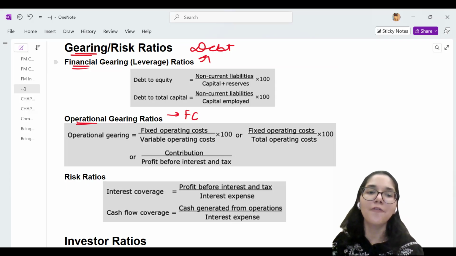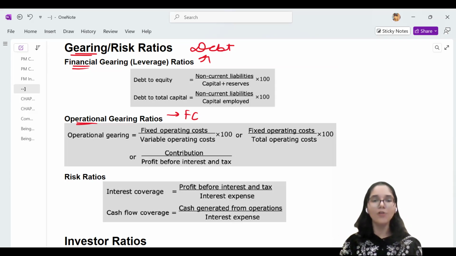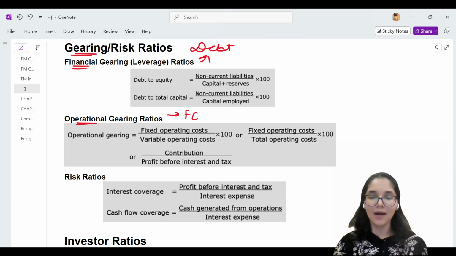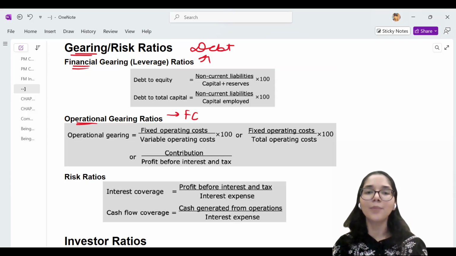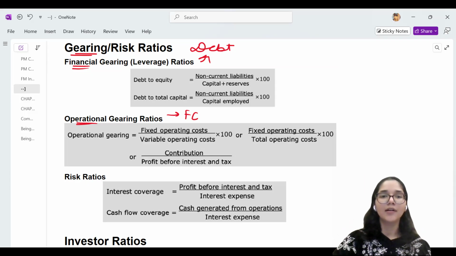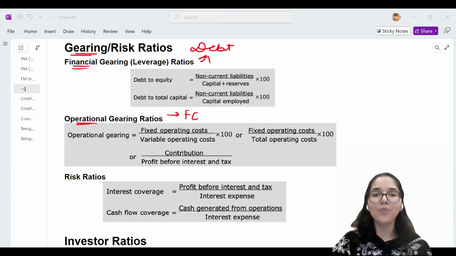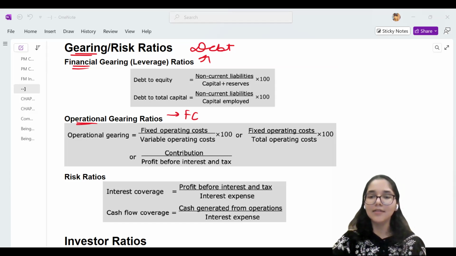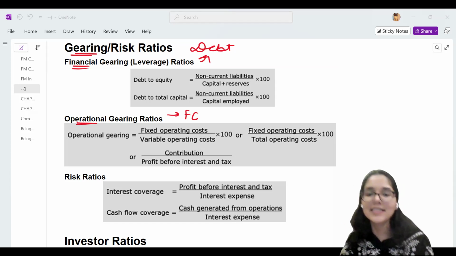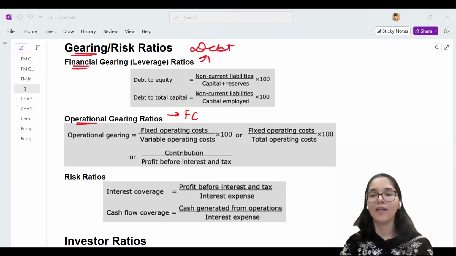Firstly, when I'm measuring the financial gearing, I am trying to find out how much debt there is in the company. Before I explain the ratios in this category, let me know, is it good if a company has too much debt in the capital structure? Is it a good thing for a company to have too much debt? No. Why is it not good? Can anyone give me the reason? Why is having too much debt a problem? Okay, more interest. What will happen if there's more interest? I'm looking for the specific answer.